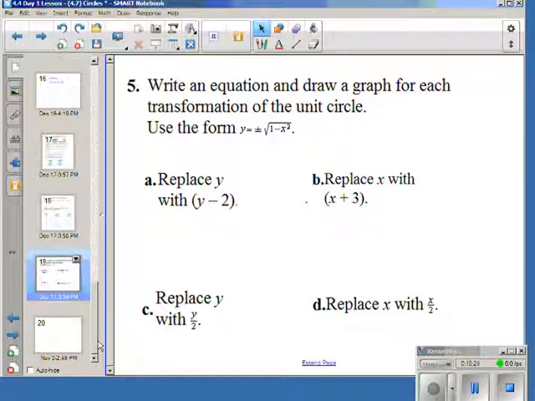Make sure you look at the parentheses. Remember on your quiz yesterday, it's the opposite for the y still. So some of you put it this would be going up 2 rather than down 2. So make sure you pay attention to that. All right, so you